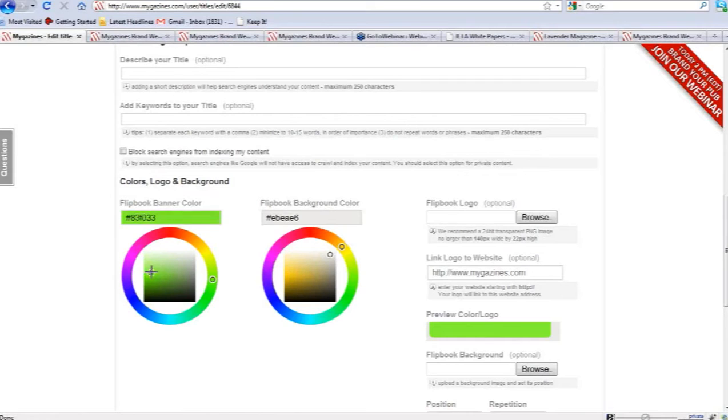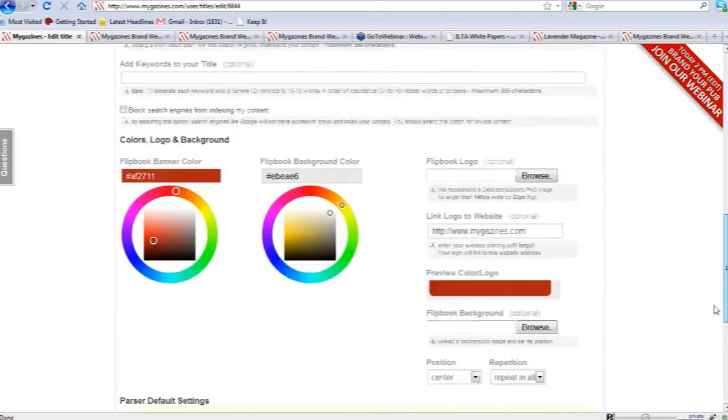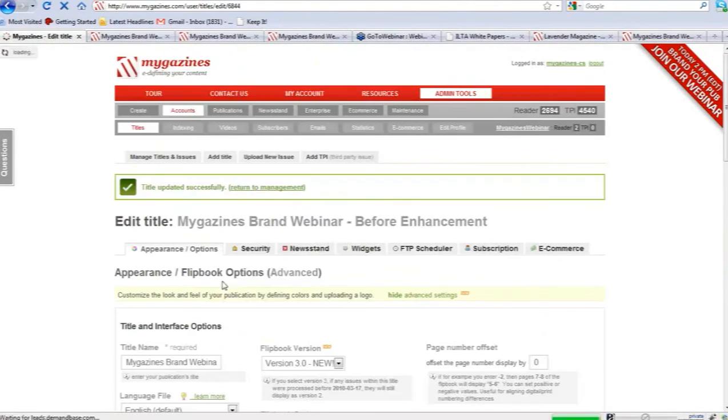Now you can either choose your color by using the palette here, scroll around, find the color you want and desire that will match your brand and company logo, or you can use the hexadecimal color code here. Now I've got one ready right now. I'm going to just type in, there it is right there. An orange. Update the title,